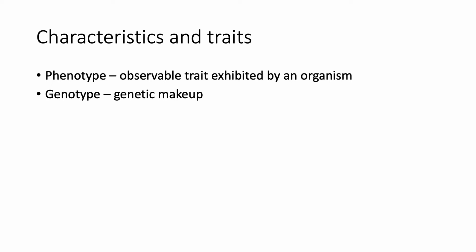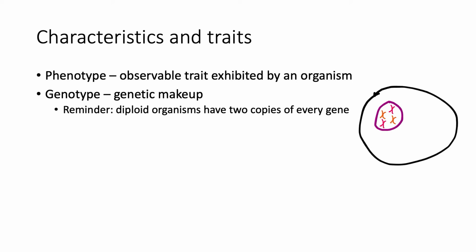Also, just as a reminder, diploid organisms have 2 copies of every chromosome, and therefore 2 copies of every gene. All the examples we'll be dealing with in this presentation are diploid organisms, so keep that in mind. Next, we have alleles, which are just slightly different versions of the same gene. So for example, the gene that codes for eye color has an allele for blue eyes and an allele for brown eyes. Same for hair color, maybe they're black, brown, blonde, and so on.